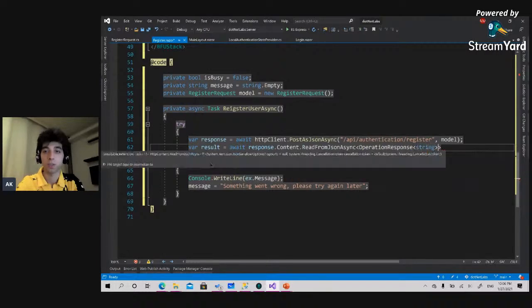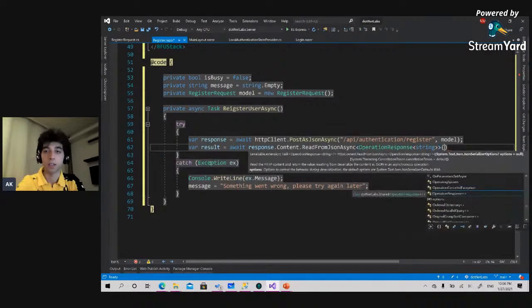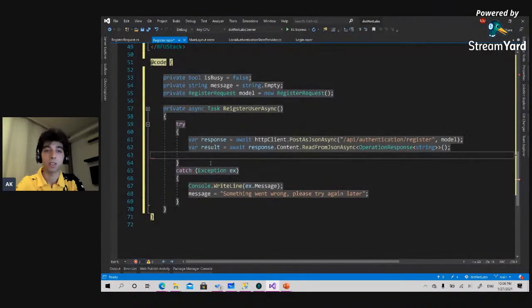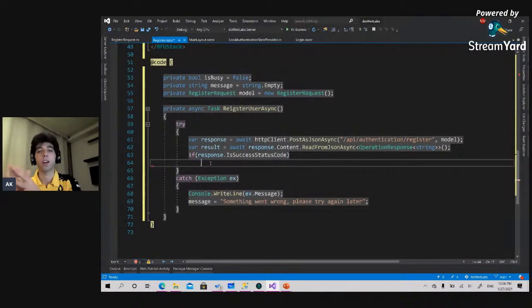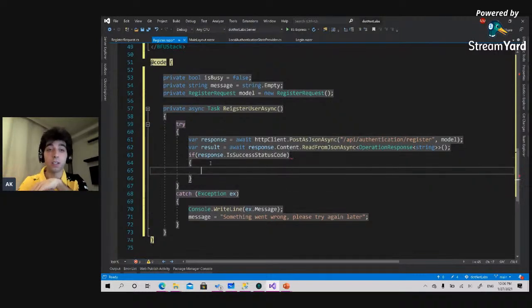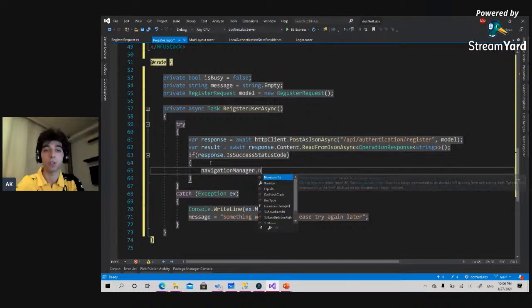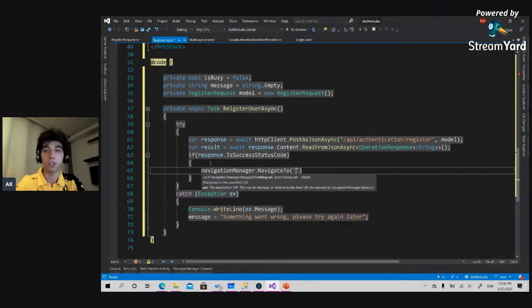Type string. And that's it. So if you check the result right now, we have the data, SXS, and message. The data is basically a symbol string. So we will check if response dot is success status code. This means if the response comes with the status code 200, then in this case the user has been created successfully, and what we have to do is to navigate the user to the login page